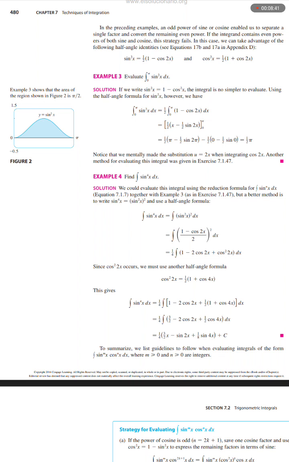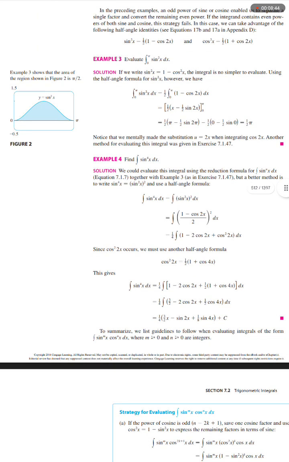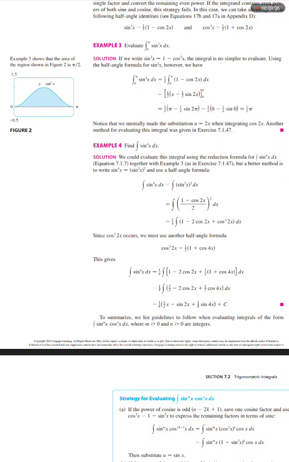Using the half-angle formula for sine squared x, however, we have the integral from 0 to pi of sine squared x dx equals 1/2 the integral from 0 to pi of (1 minus cosine 2x) dx equals [1/2 (x minus 1/2 sine 2x)] from 0 to pi equals 1/2 (pi minus 1/2 sine 2 pi) minus 1/2 (0 minus 1/2 sine 0)